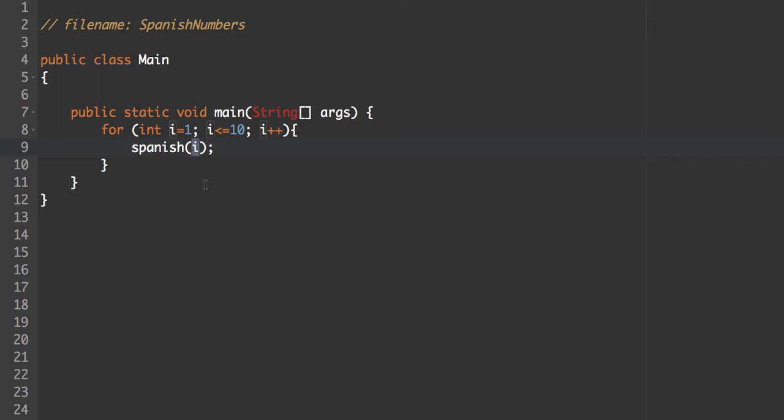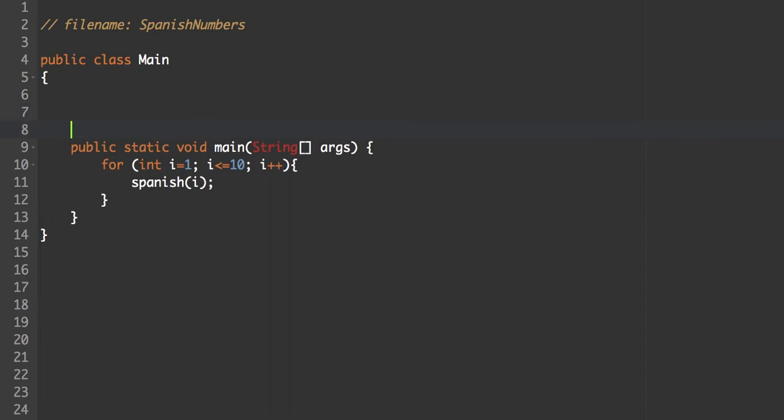So it's going to go through all of the numbers from 1 to 10. Every time it goes through the loop, it is going to call the Spanish function, and based on the number that it receives, it is going to print the correct number in Spanish. Okay, so what we're going to do here is a public